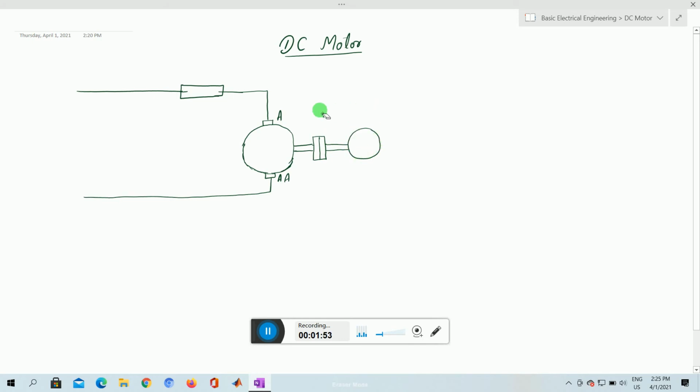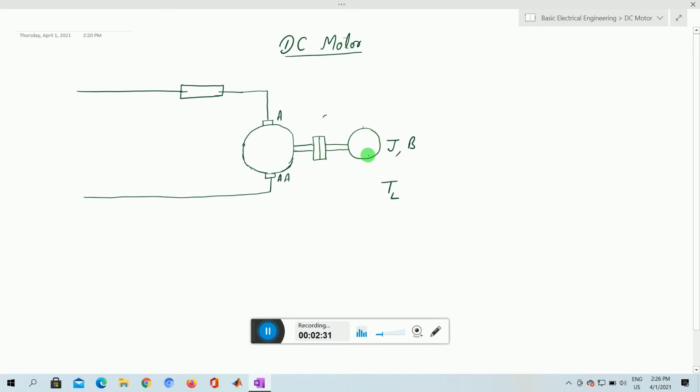And this motor is connected with a load, or any motor or wheel, the purpose of which is to provide torque. So here we can represent it like this, and this is connected with any device, and we can say this has got a moment of inertia J and a friction B. And the torque which is applied here is the load torque.